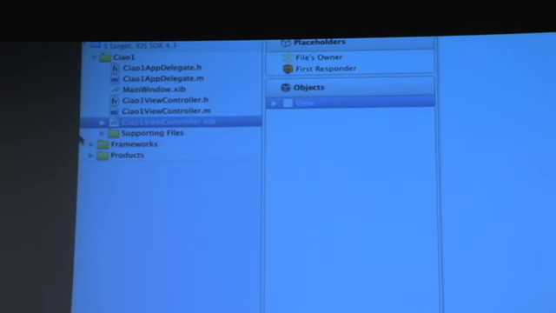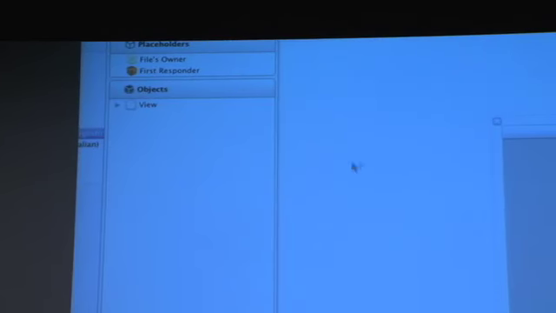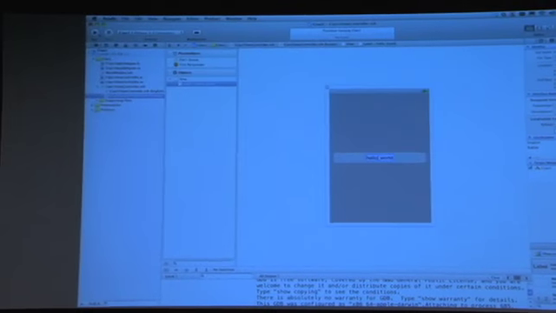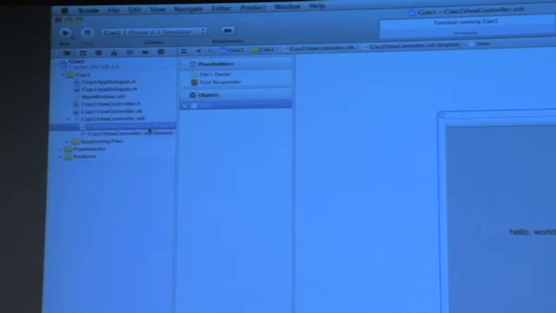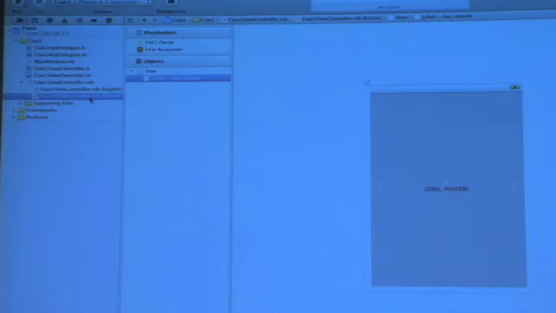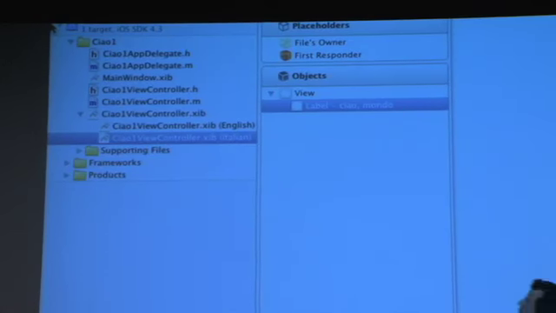And indeed, what we've essentially gotten now are multiple nib files. So let's expand this little triangle. And indeed, I have one in English, which looks just like it did a moment ago. And then I have one in Italian, which actually still looks like what it did before. So let's go ahead and localize this application. Ciao mondo. Enter. Now, just to demonstrate we've changed only one of them, I'm going to click back on the English. Hello world. Ciao mondo. So now I have two variants of this, both of which are associated underneath the hood with the various language and/or country codes. So one of the things that Xcode 4 has done versus Xcode 3 is hide some